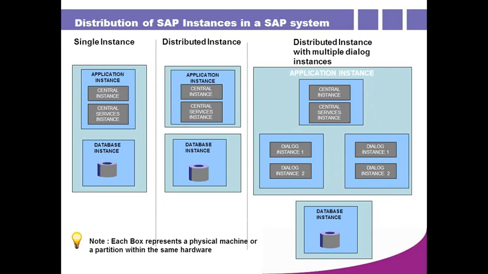But the ideal configuration is that the database should be separated. However you are using SAP, it's all based on your requirement. There is no rule that everybody should have 6 instances. In my project currently, I have one box with even the production having only a central instance. Only one instance. But the database is installed separately on one server, and SAP is installed on a separate server. This is the ideal configuration. The database should be separated, but how you use SAP is based on the hardware size and capability.